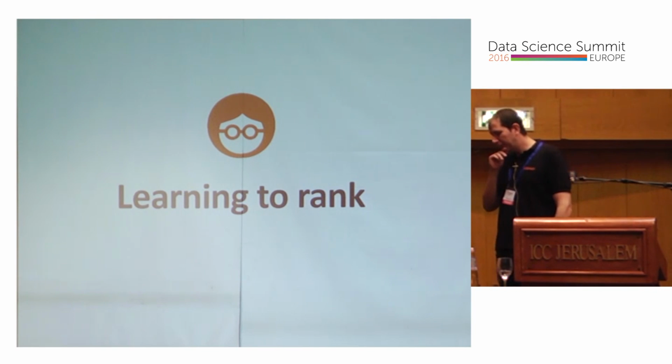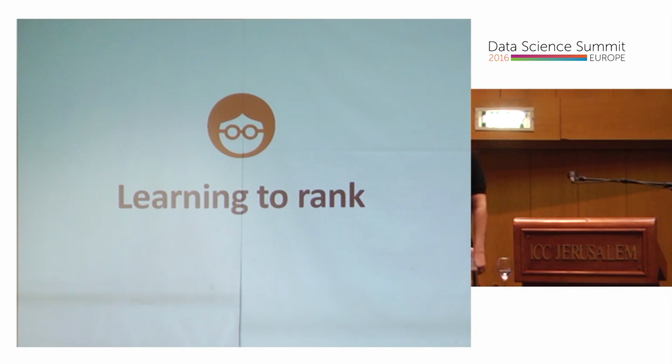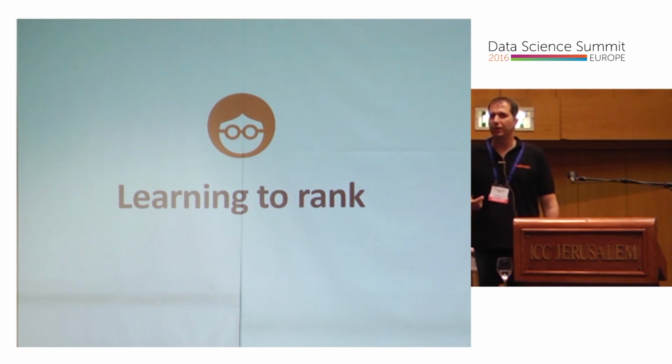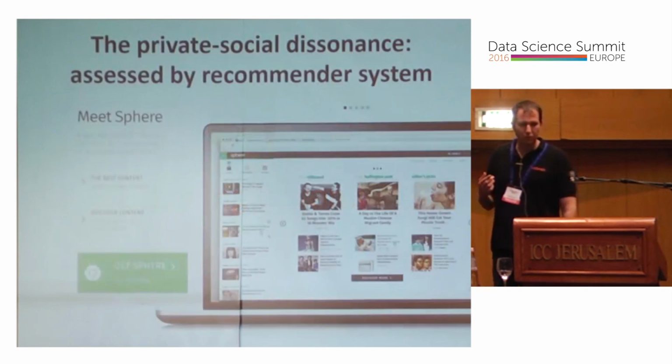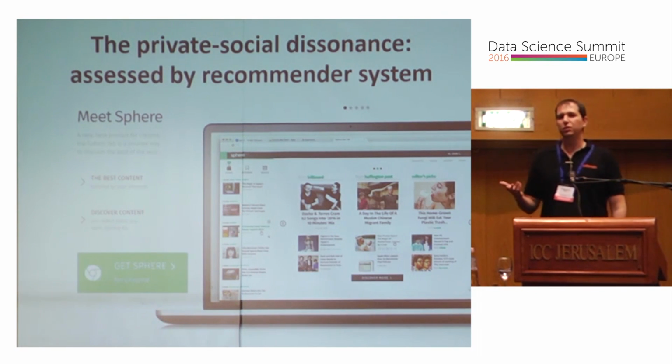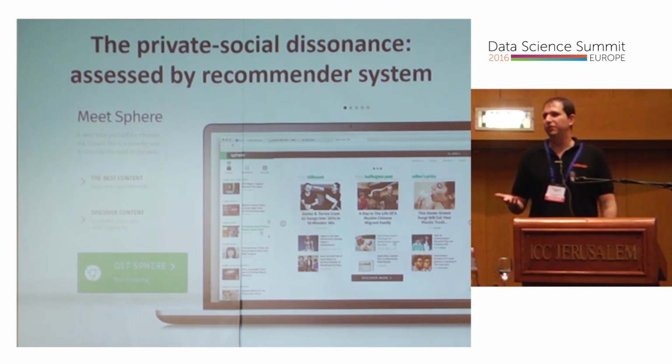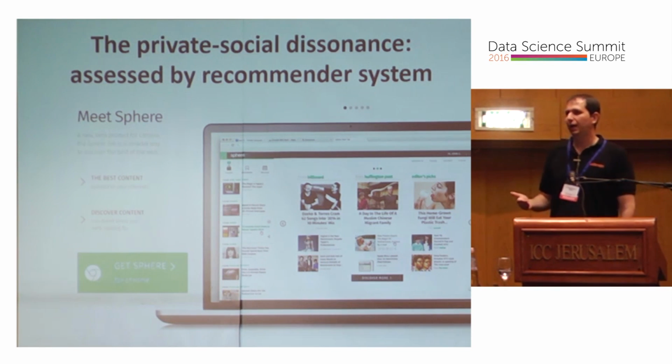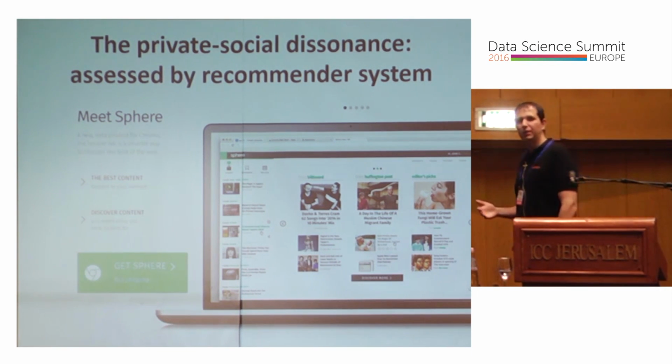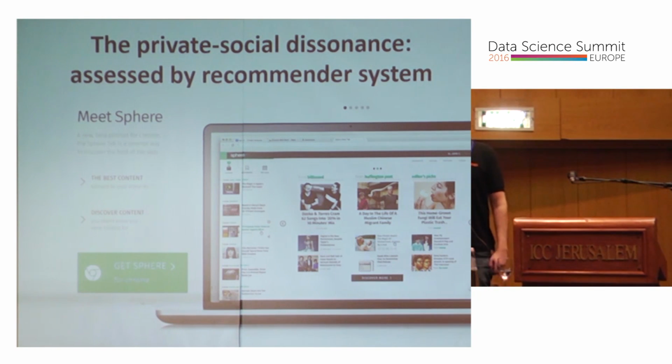So finally we said, okay, you have different engagement metrics, they're not correlated, each captures something different. Maybe we can utilize that in order to improve our recommendation system. So, learning to rank. The use case in which we utilize that is something called Sphere. Sphere is an Outbrain-developed API that allows application developers to integrate and inject content recommendations from Outbrain's recommendation engine into their applications.